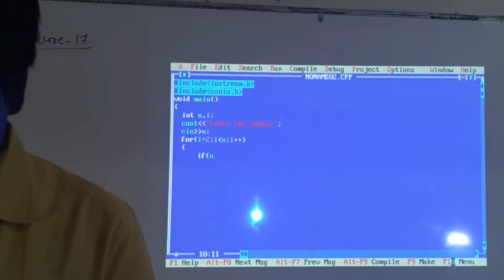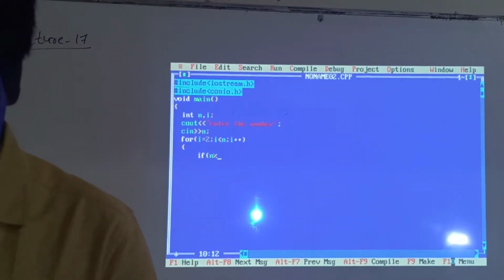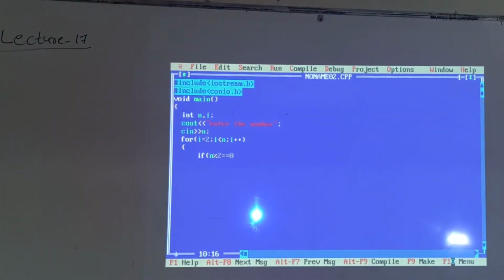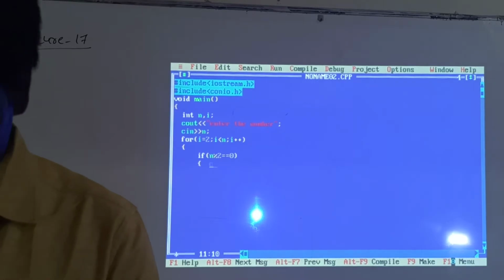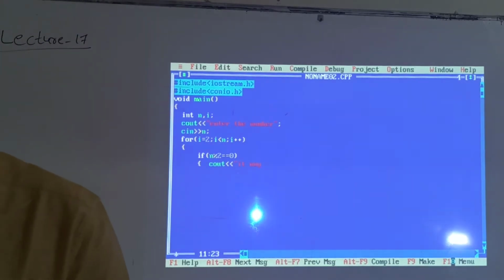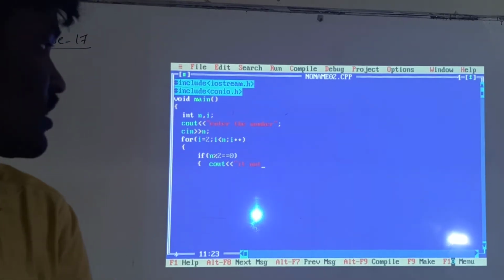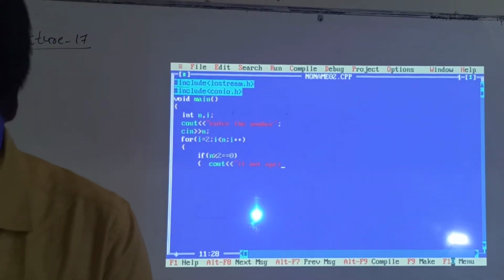If n mod 2 is equal to 0, it is not a prime.